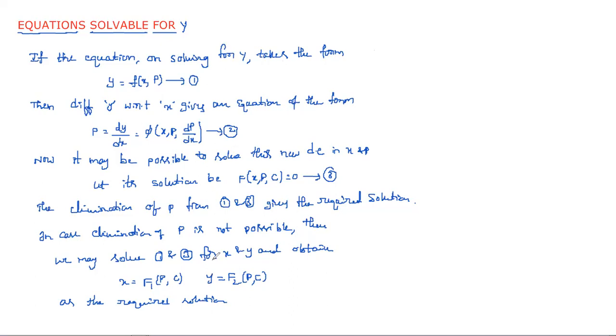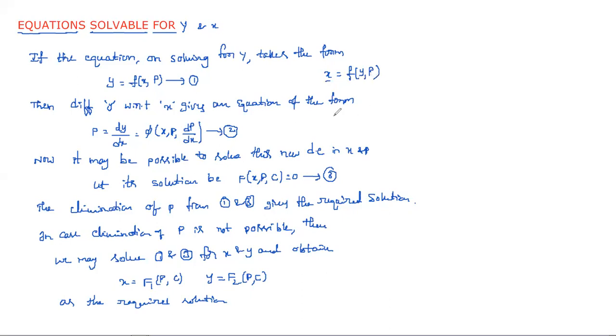Same procedure we apply for both. So here, for y, we write. If it is solvable for x, we can discuss x also at a time. So for x also, simply, the first equation is nothing but x is equal to f of y comma p. Like this you need to write, with x on the left side and the remaining terms on the right side.